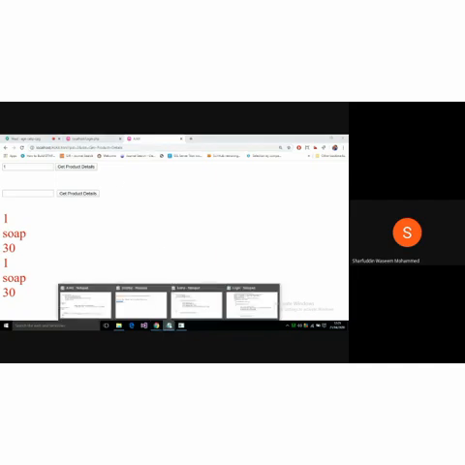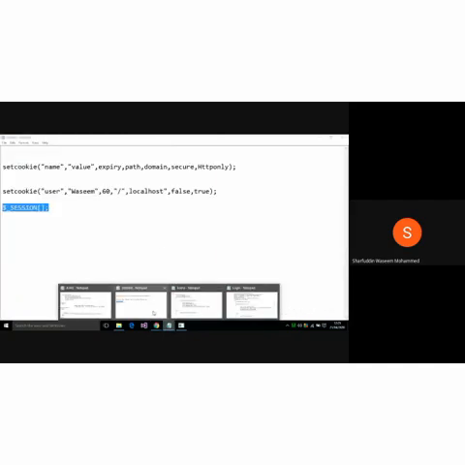Now you can see when I enter 1, then automatically you're getting the product details. Okay, so now you can see here that you are sending this particular PID to your product. So I don't have a submit button, so I have to remove this submit.